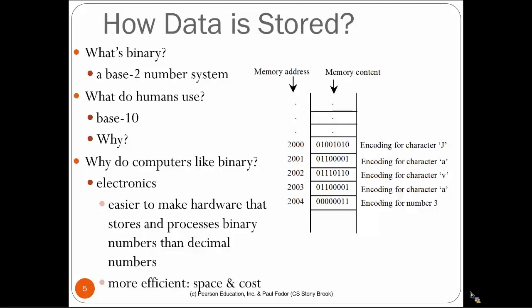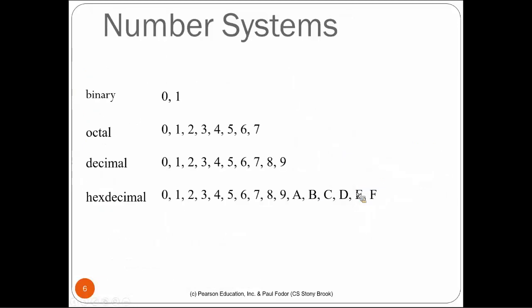Every location in memory is addressable. These locations must be slices of 8 bits, basically, which is 2 to the power 3. Here you can see that the location at index 2000 is basically 8 bits, 2001 is 8 bits, and so on. So the first thing that we are going to talk about in this class is